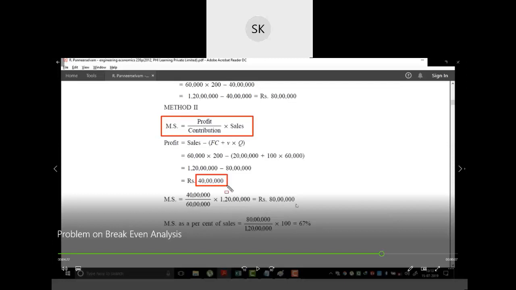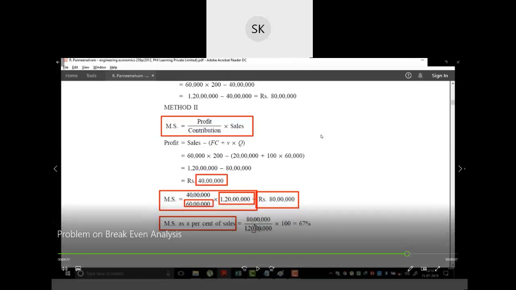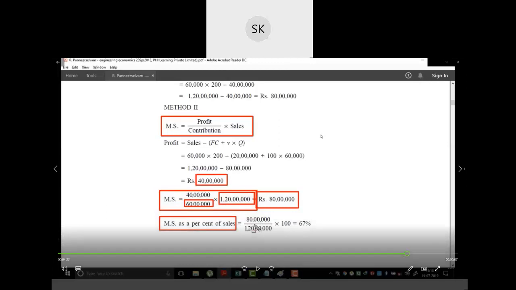This is the figure from one method, to find the margin of safety in terms of rupees. If we divide this figure by total sales, we get the margin of safety in terms of percentage. So that's how we can calculate margin of safety. Okay, in the next video I am going to take